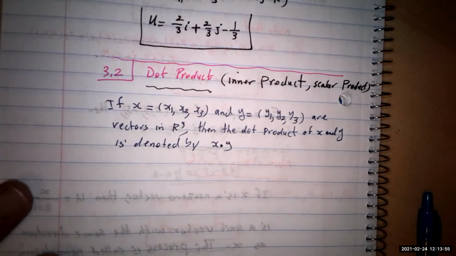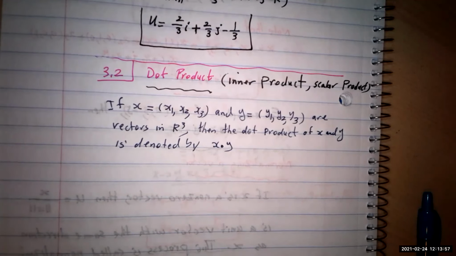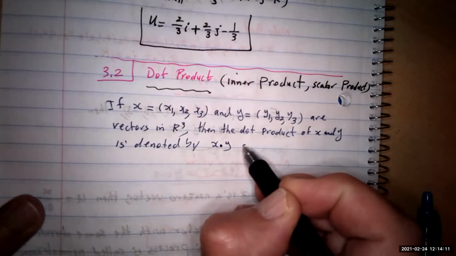You have to write this dot. It's not like the multiplication you have in algebra where you just write xy. No, xy doesn't mean x dot y. Make sure you write it down. So it's denoted by x dot y and is defined by